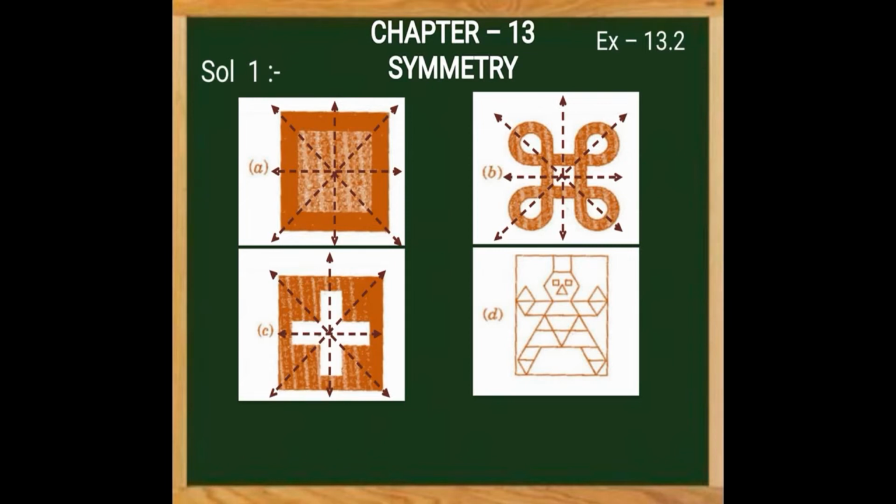But if we see this D part, what would we observe? We observe it's a human kind of figure. Here, in order to divide it into equal halves, we have only one provision. Since we need a balanced figure, we need to draw a line through the center of the nose or the head, in such a way that each side gets equal halves of the body. So this is the only possible line of symmetry. We have one line of symmetry for this shape.